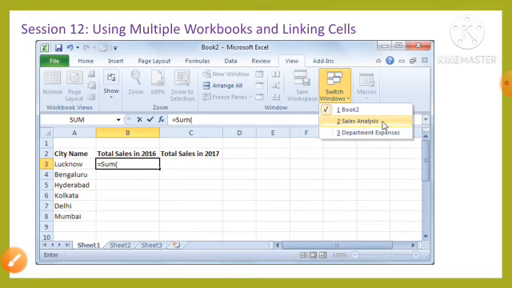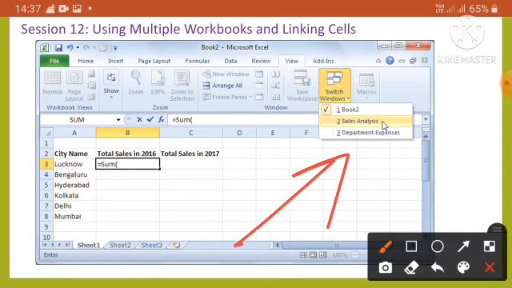Next one is using multiple workbooks and linking cells. In Excel 2010, we can consolidate data of a worksheet into another worksheet. Suppose we want to calculate the total sales of city Lucknow in the year 2016 in another worksheet, as shown in this figure.